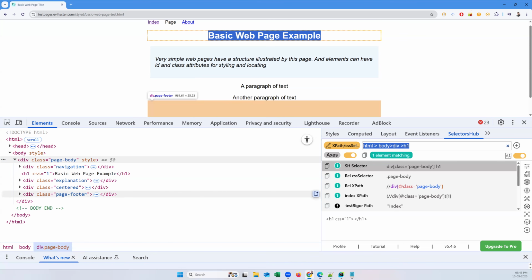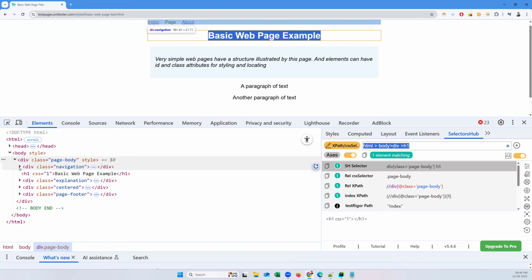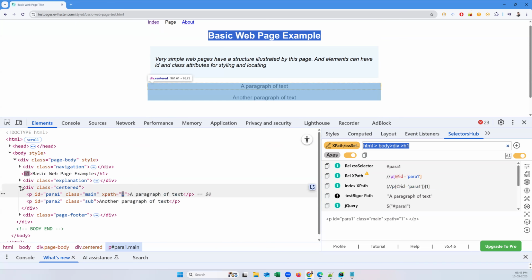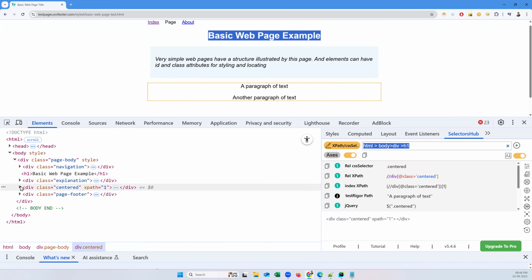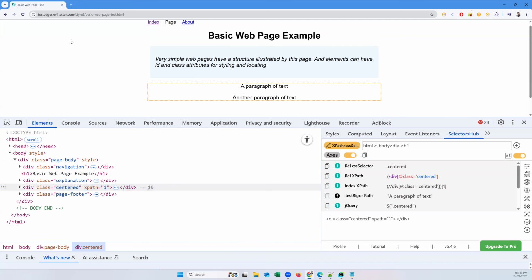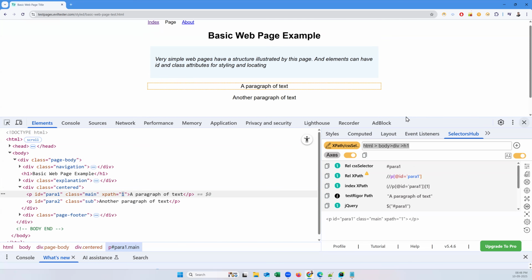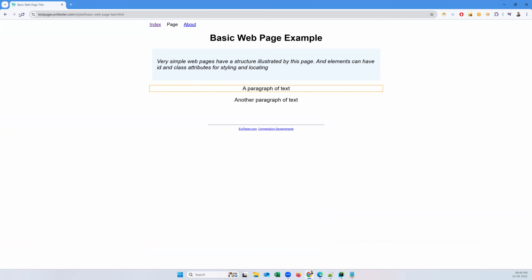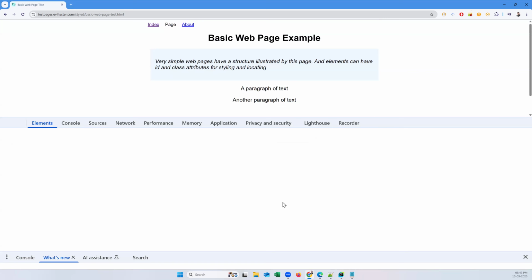So I'm just going to open some other div. Let's say, yeah. So I want to locate this one, a paragraph of text. Yeah, so here it is. A paragraph of text. I'm just refreshing once. And let's close this. So this is the element I want to locate, a paragraph of text. So if I inspect this element